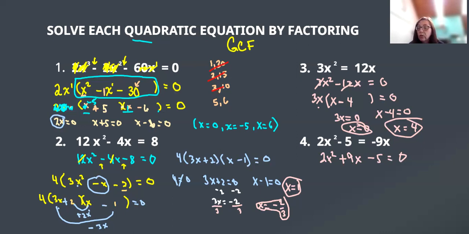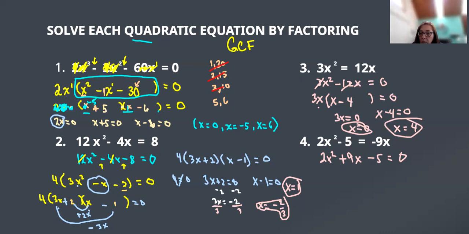So let's go to 2. Will 2 go into 9 evenly? No. 2 doesn't even go to 5 evenly. So we can't take out a greatest common factor. They don't all have the variable x, so we can't take out a variable. So right away, we're going to make our 2 sets of parentheses